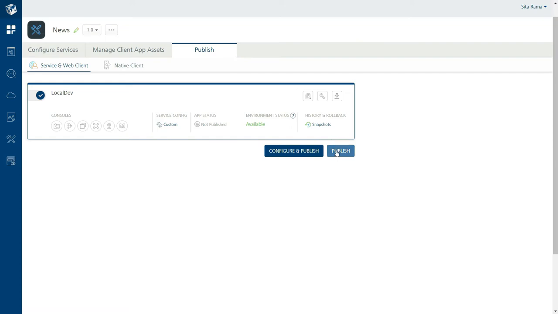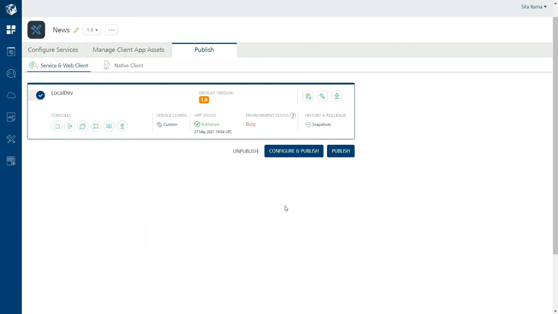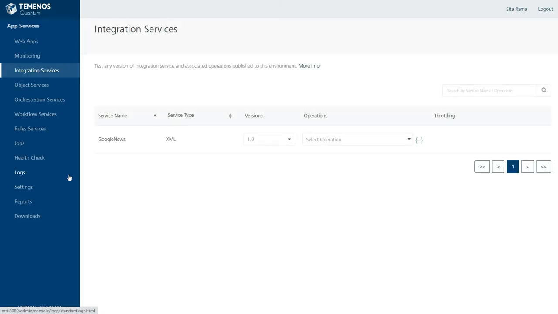And when I publish it, it starts the publish, and the Fabric app is published now. So if we go to the runtime console, under the integration services, we are able to see the Google News integration service and the current version 1.0 that is deployed into the runtime environment.